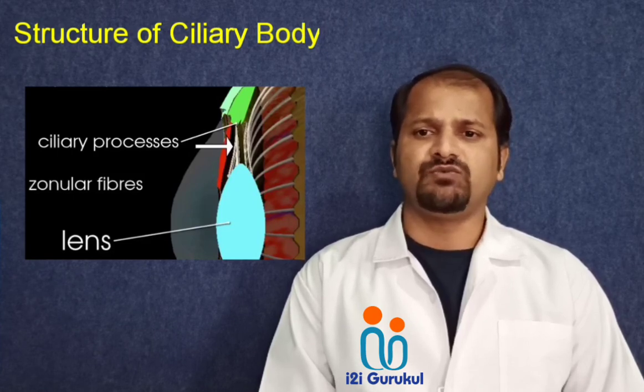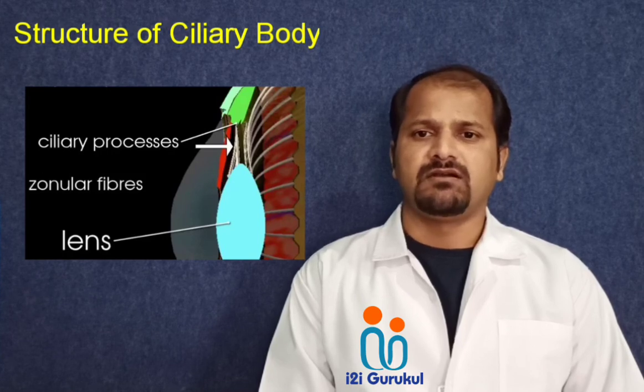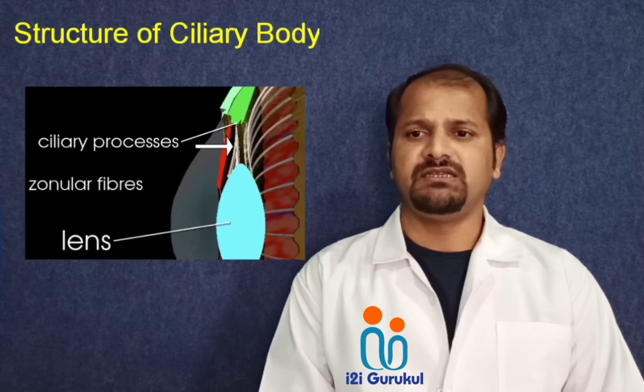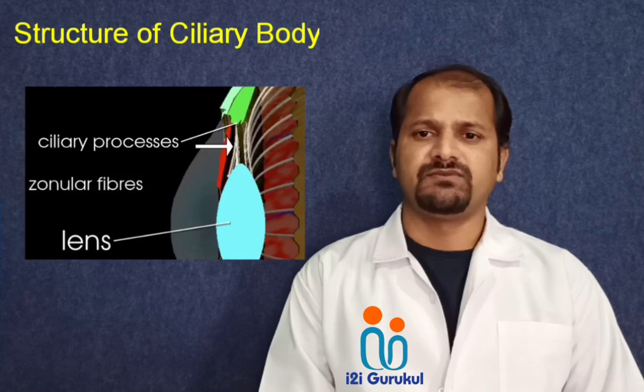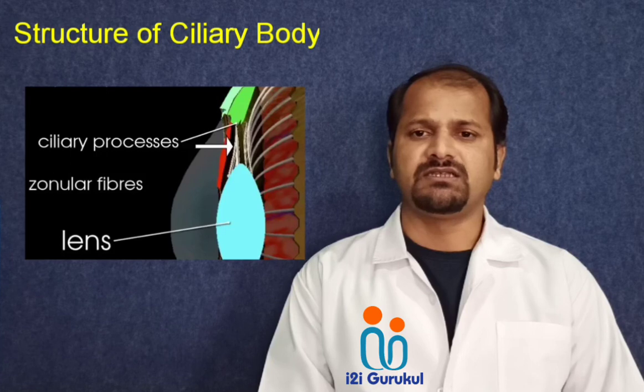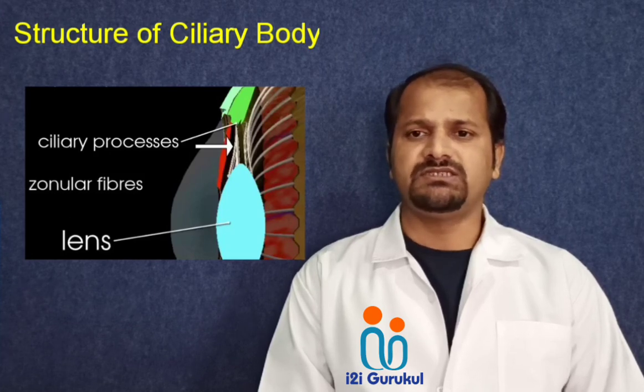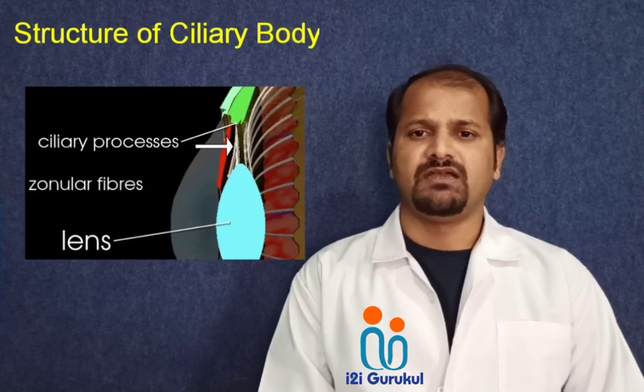The chief mass of the ciliary body is composed of unstriped muscle fibers called ciliary muscles. It has three parts with a common origin circumferentially at the scleral spur. The first part of the ciliary muscle is the longitudinal, the second is circular, and the third is radial. The longitudinal muscles are the greater part, running anteroposteriorly, and the circular fibers run concentrically, in relation with the root of the iris, and the third is the radial muscles.